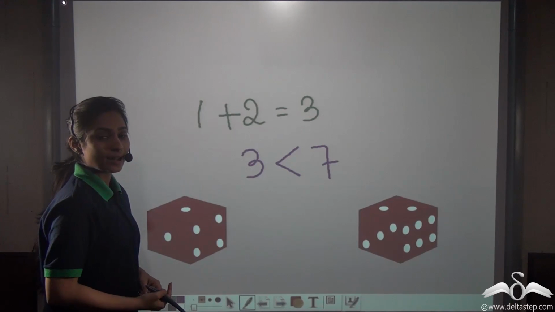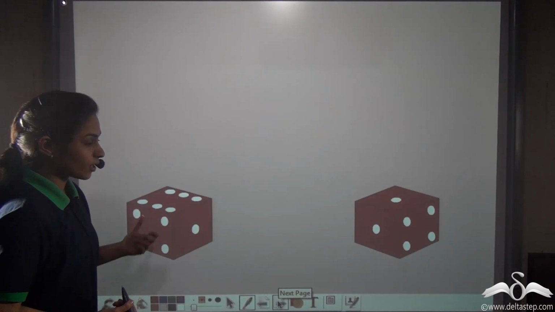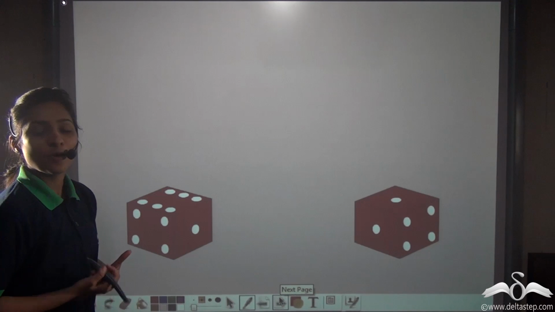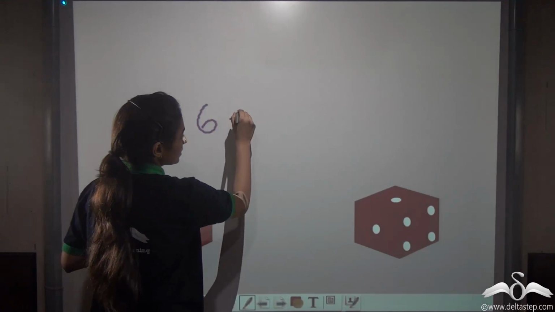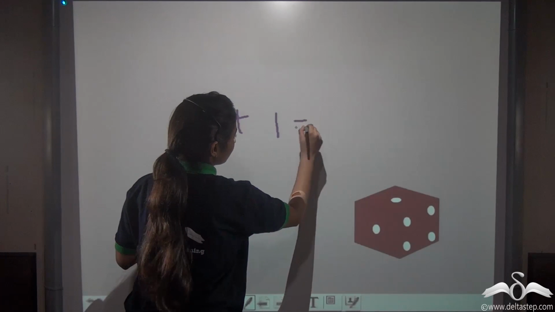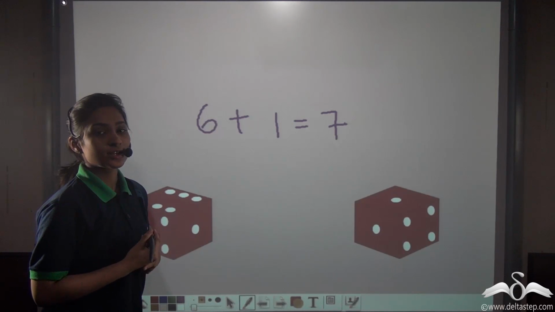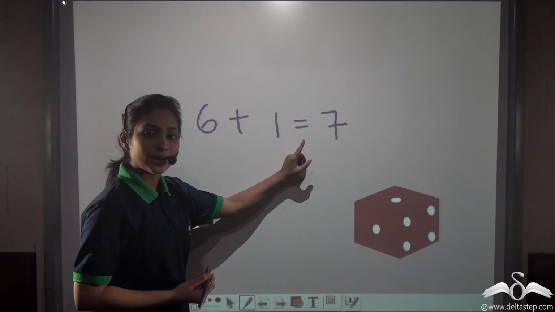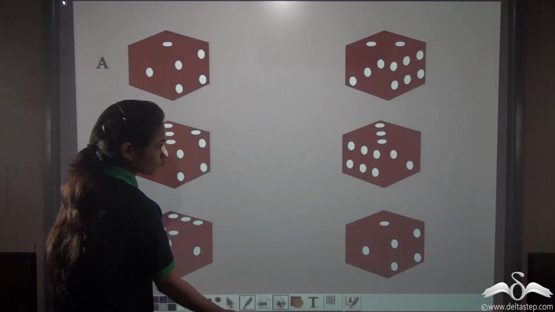Now the third time again, 2 dice were thrown. What can you see? Is it 7 up or 7 down? Well, 6 plus 1. 7. So this is neither 7 up nor 7 down. This is actually what? Equal to 7. So here this does not represent inequality. It represents equality.